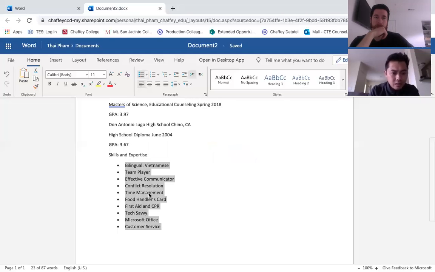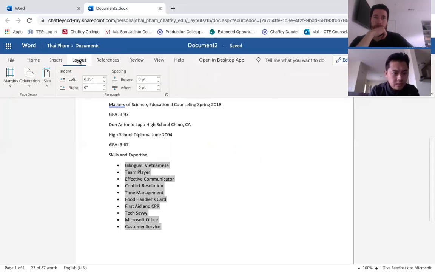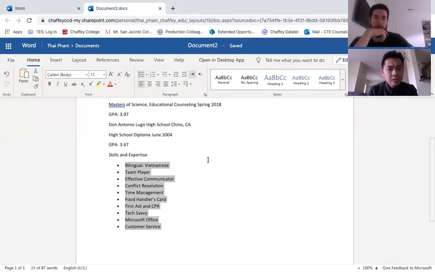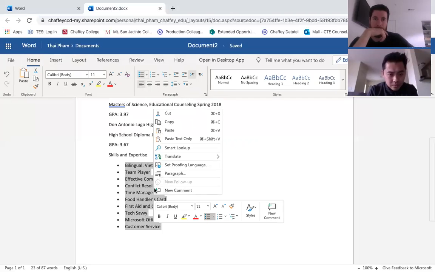So I'm going to highlight all of these bullet points, and then there should be a columns part here, and I hope that I can find it for you. That one I'm not sure of because I normally use the desktop version. Me too, same with me. I think if you have the desktop version, it gives you more options. So that's going to be something that we have an issue with. So let me right click this and see.